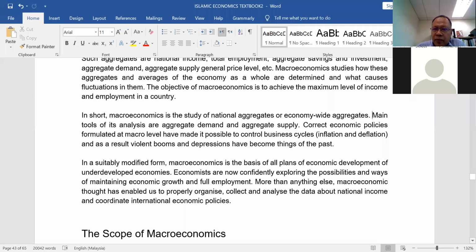So penyakit inflasi, penyakit pengangguran adalah penyakit yang wujud. Tetapi kerajaan perlulah menyediakan dasar yang bersesuaian untuk menangani masalah atau menangani penyakit dalam ekonomi kita. Okay, apa dia penyakit dalam ekonomi? Pertama, economic depression or economic slowdown. Number 2, unemployment. Number 3, inflation.